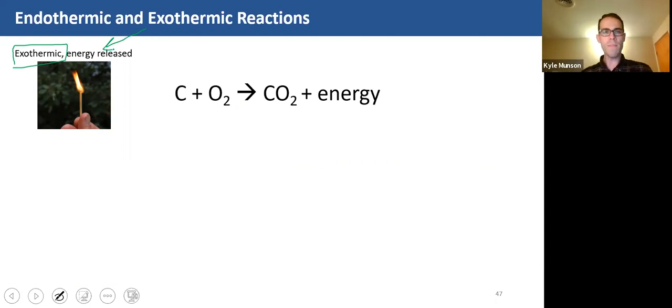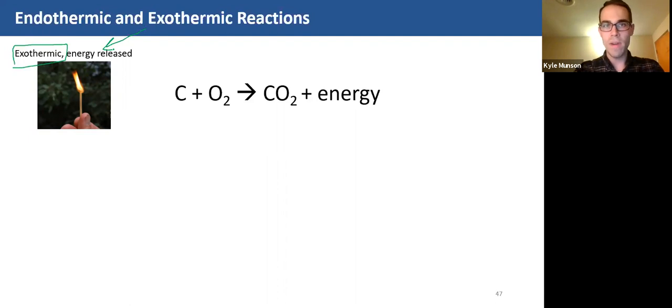So if you strike a match, right, and you hold your finger to the flame, you quickly learn that the chemical change in burning the match is releasing energy, right, which is that heat that you're feeling. So a chemical change that releases heat, or that releases energy, I should say, to its surroundings is called an